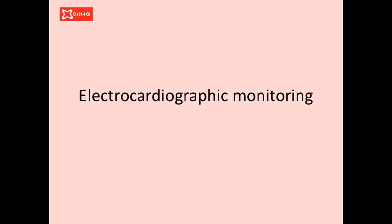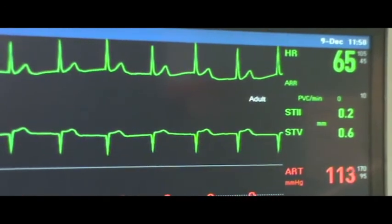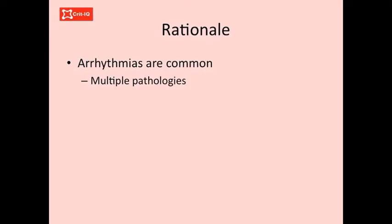Continuous electrocardiograph monitoring is standard in nearly all ICU patients. Arrhythmias are a common complication of ICU care. Contributors include medications, electrolyte abnormalities, primary pathologies, and underlying comorbidities. Up to 20% of ICU patients suffer from a significant arrhythmia during their stay, the most common being atrial fibrillation